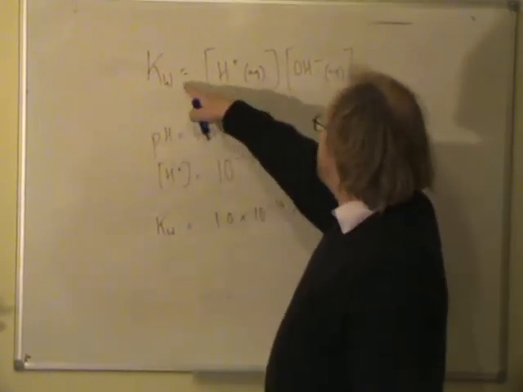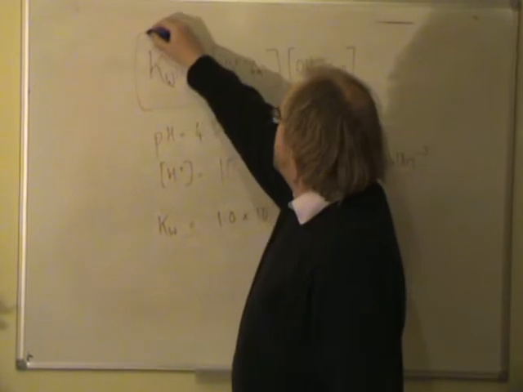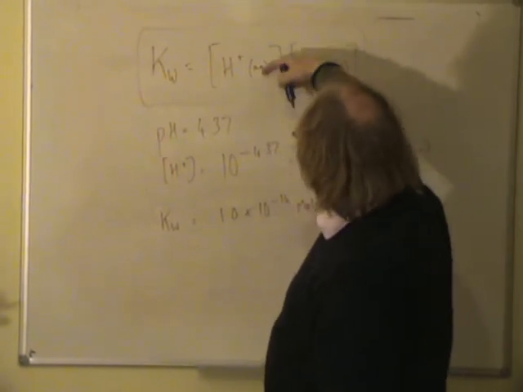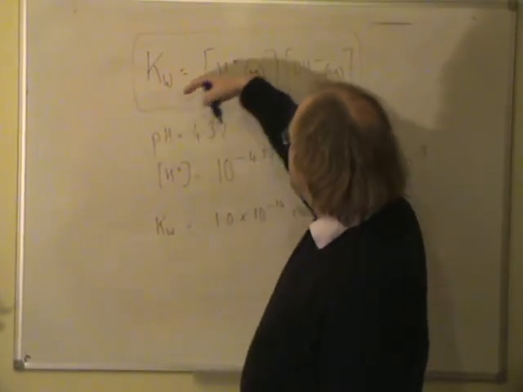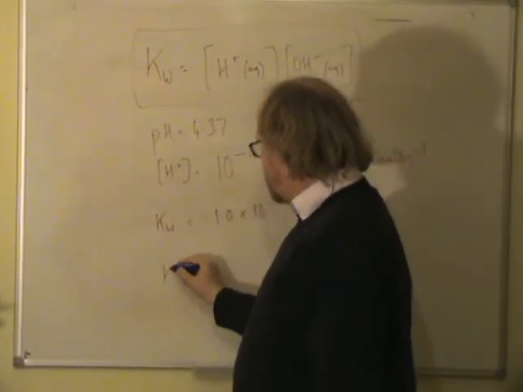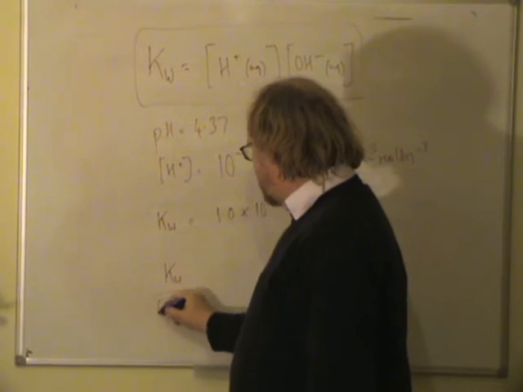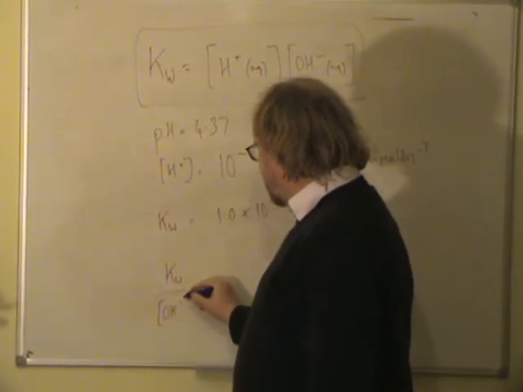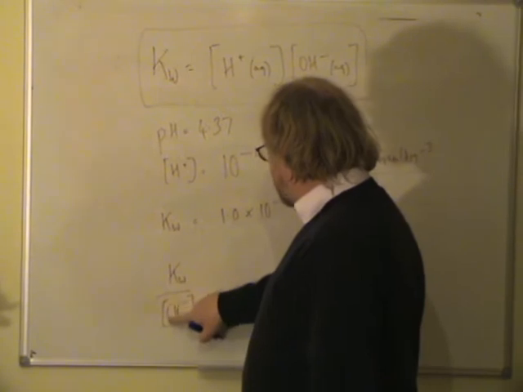And you can see that if we rearrange this expression at the top, we can solve for OH minus simply by moving the H plus over to that side, and as usual it moves diagonally, so we get Kw divided by H plus